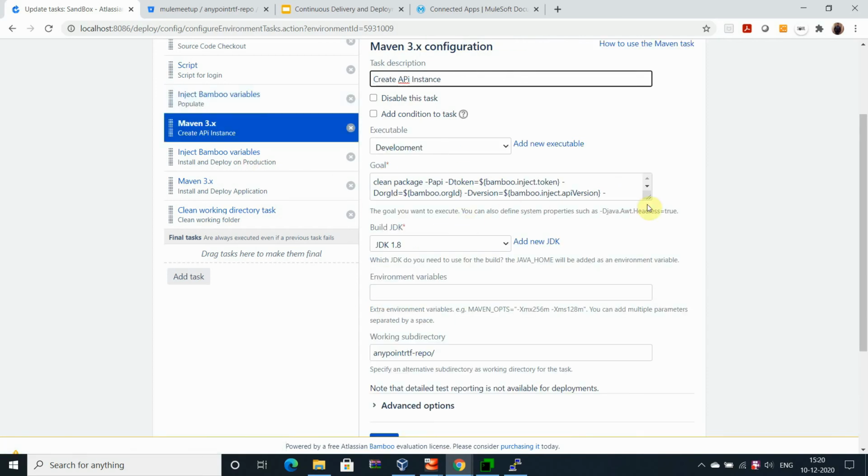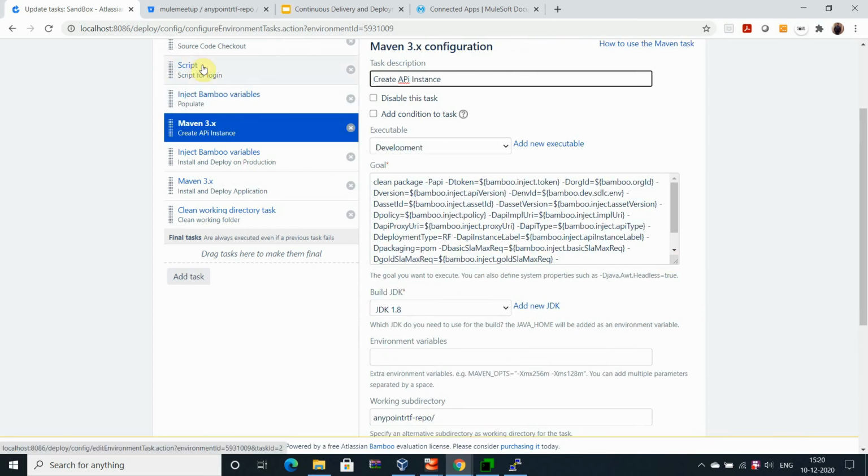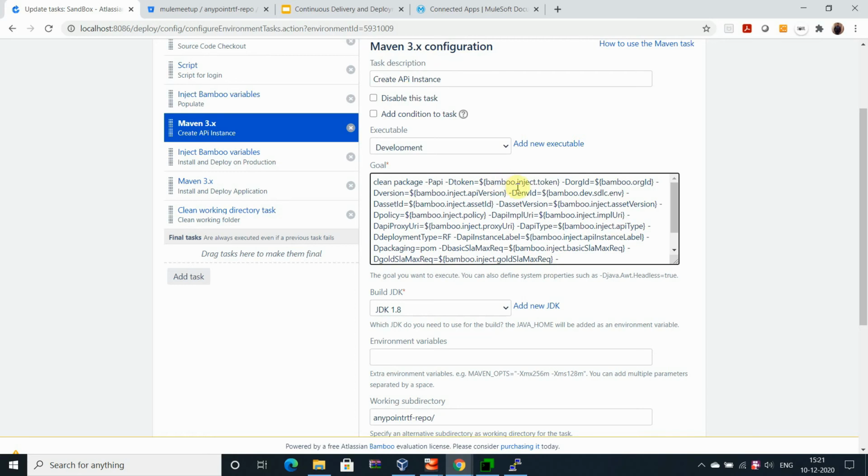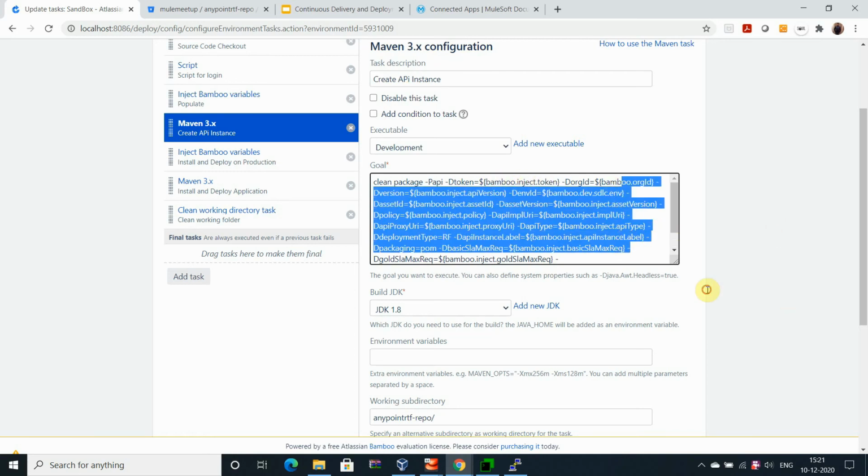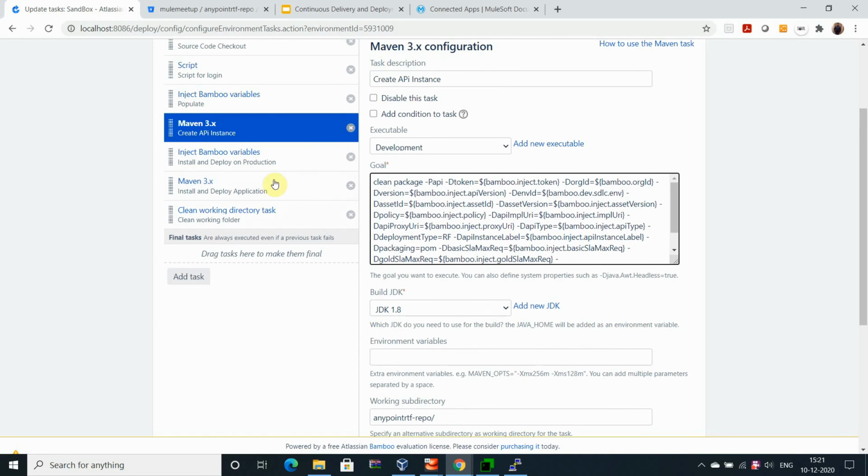The token which I wrote in this step, I added the script token in this property and uploaded the properties in the memory, and then I am extracting it with the help of bamboo.inject.token and the same for other properties, just to create the instance of the API on the platform.